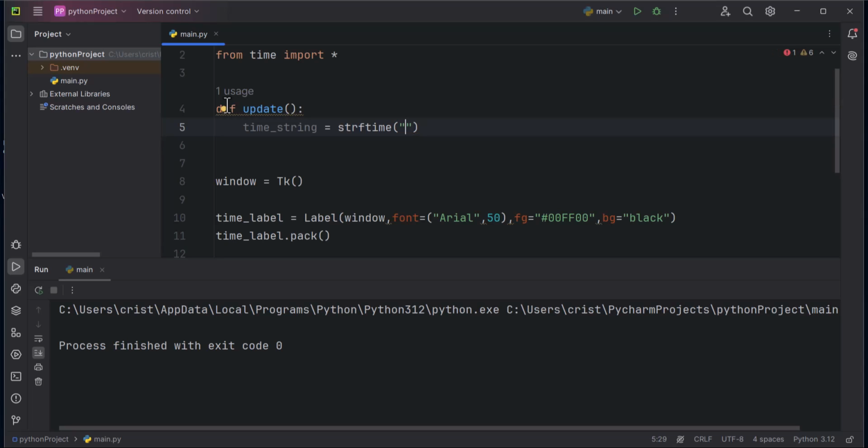I'm gonna put %I. This means that we have a 12-hour format, colon, %M for minutes, colon, %S for seconds,